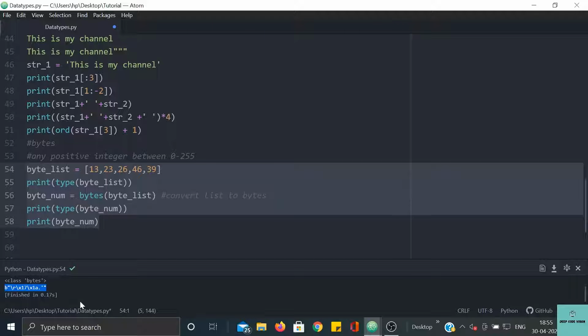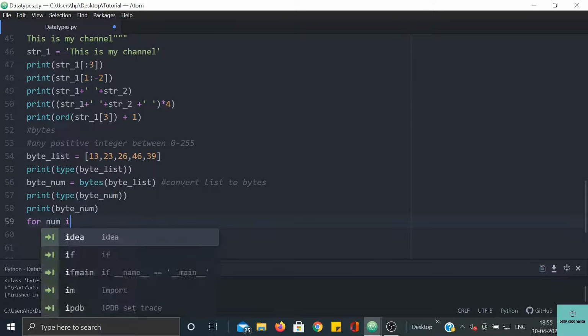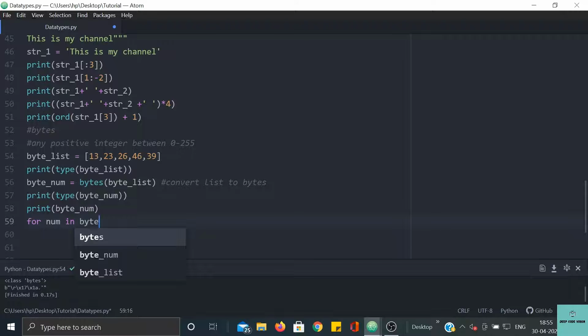So what we need to do is comprehend or extract, as I like to call it, the numbers from the bytes variable. So for that you can just write for num in byte num, print,